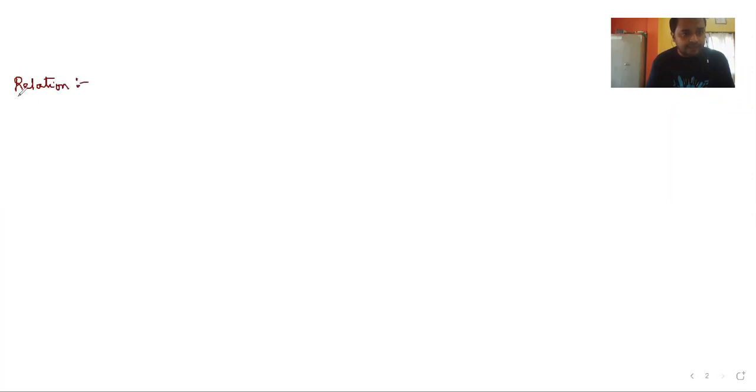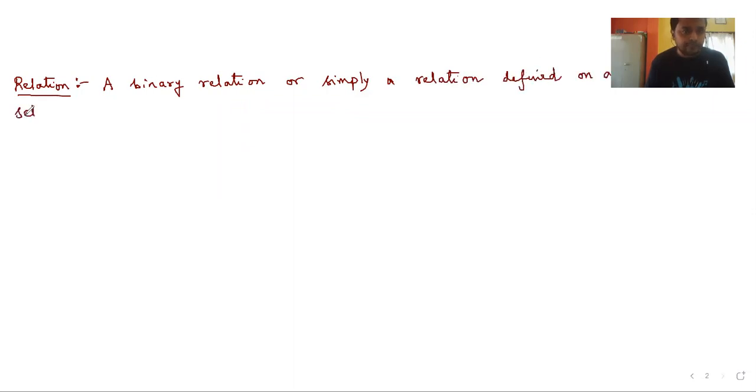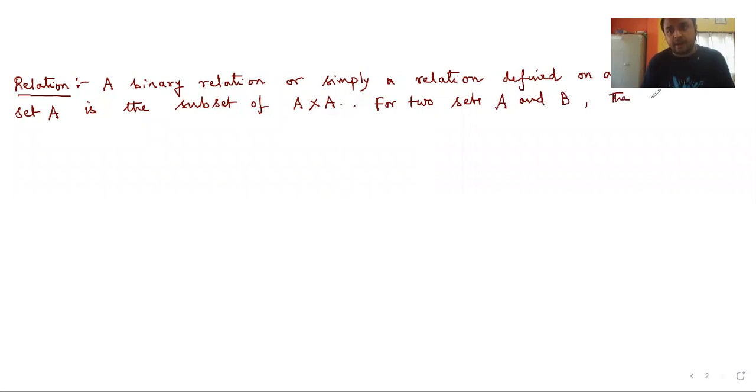The definition goes like this: a binary relation, or simply a relation, defined on a set A is a subset of A cross A. Specifically, if I take two different sets, capital A and capital B, the relation or binary relation